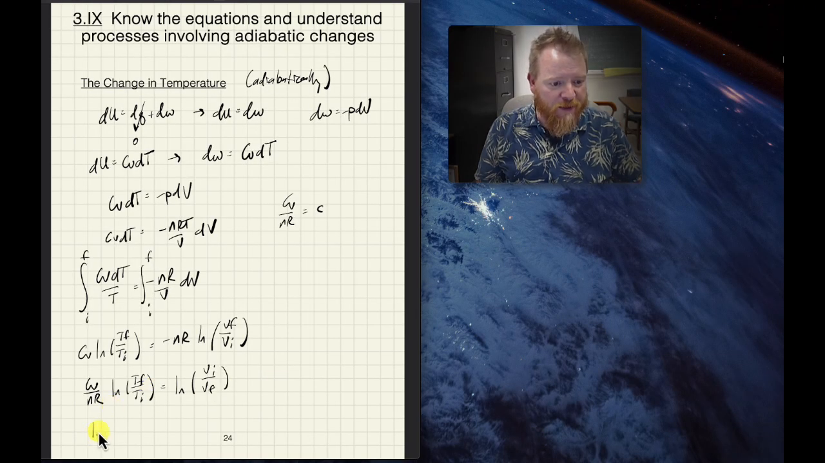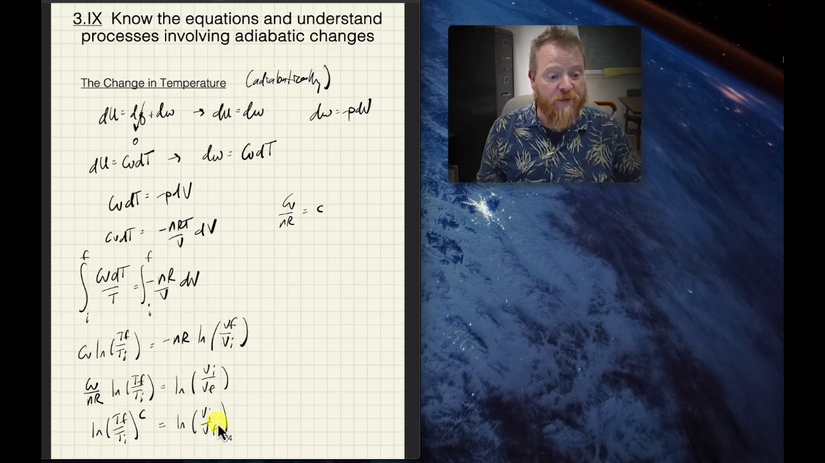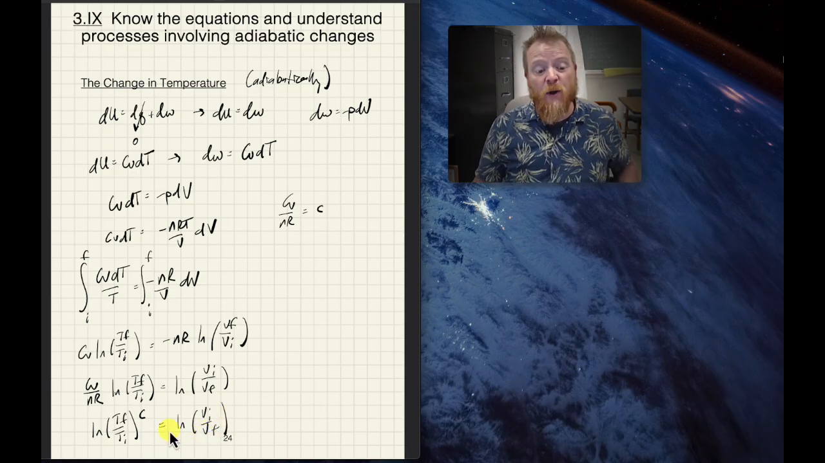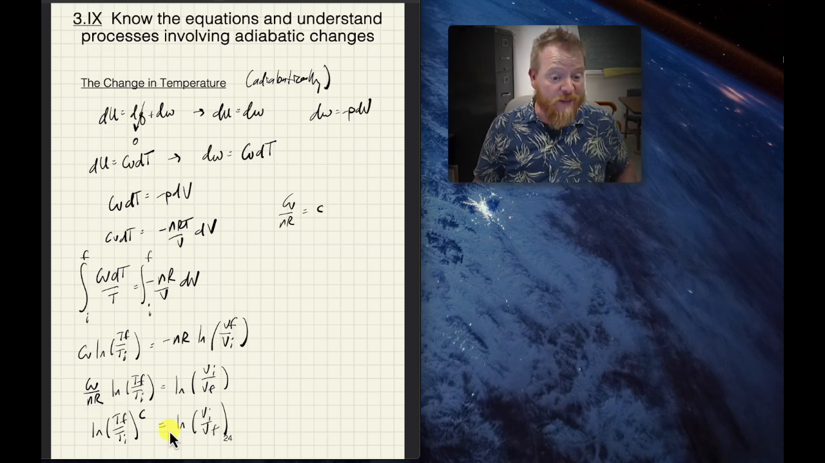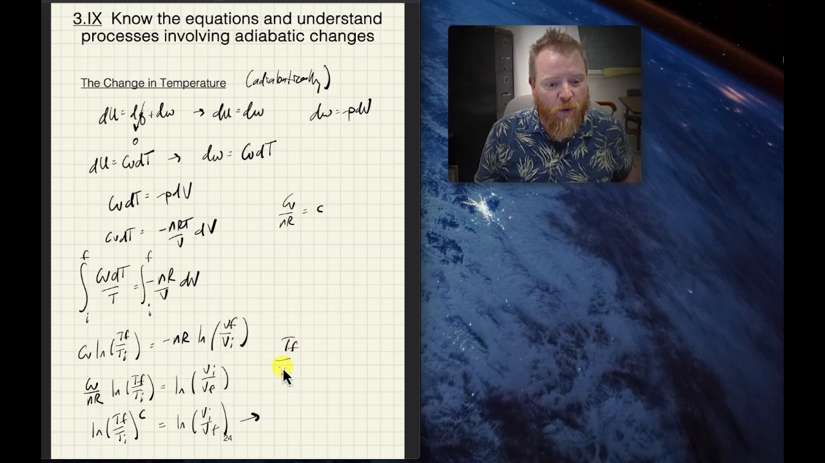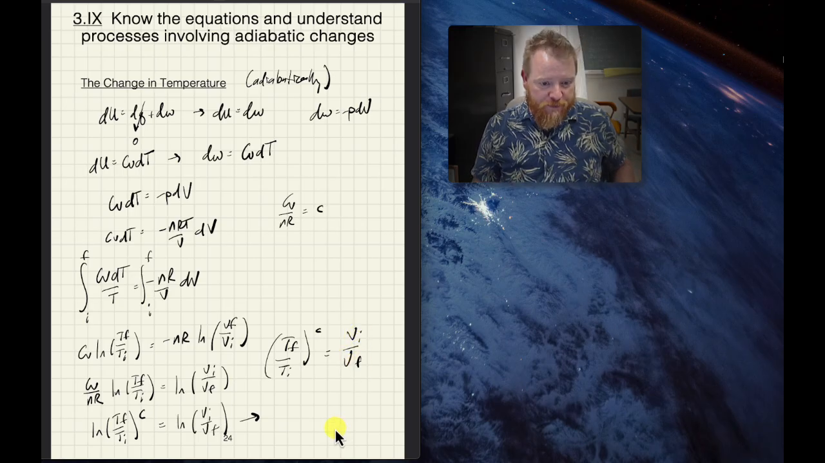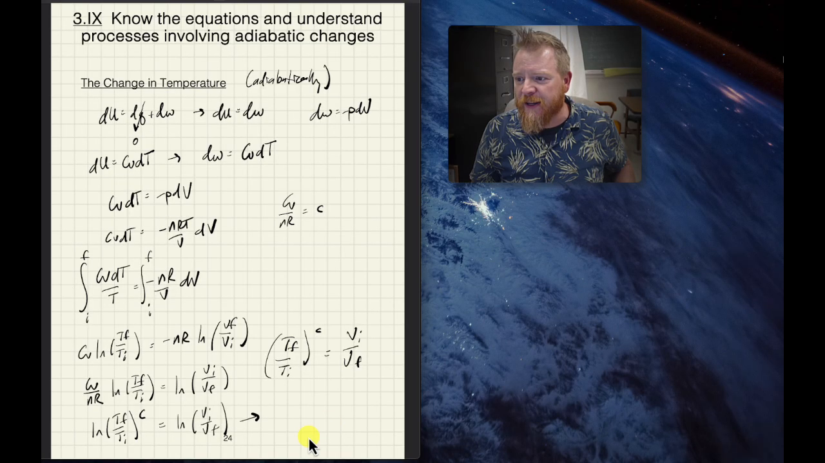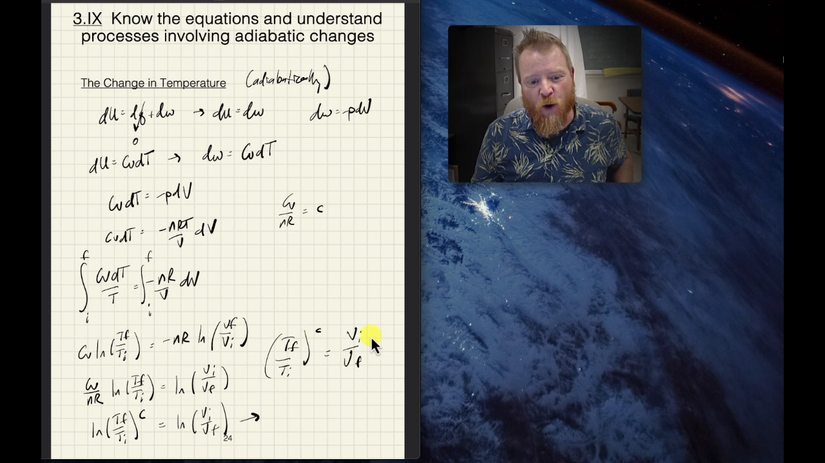So now I can rewrite this to be natural log of T final over T initial raised to the C power equals natural log of VI over VF. And now that we have this in these terms, we can take e of both sides and end up with the following. So that's going to be T final over T initial raised to some C power equals VI over VF. And noting here some algebra that can be done, I'm going to move the C over to the other